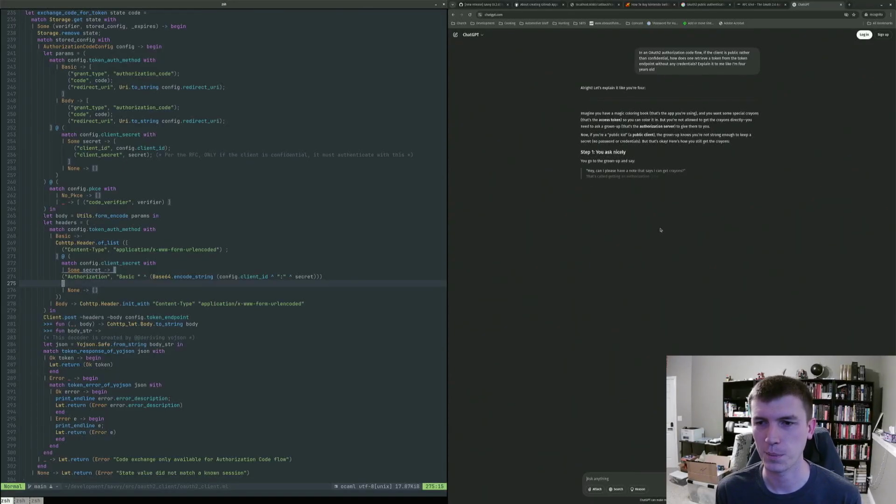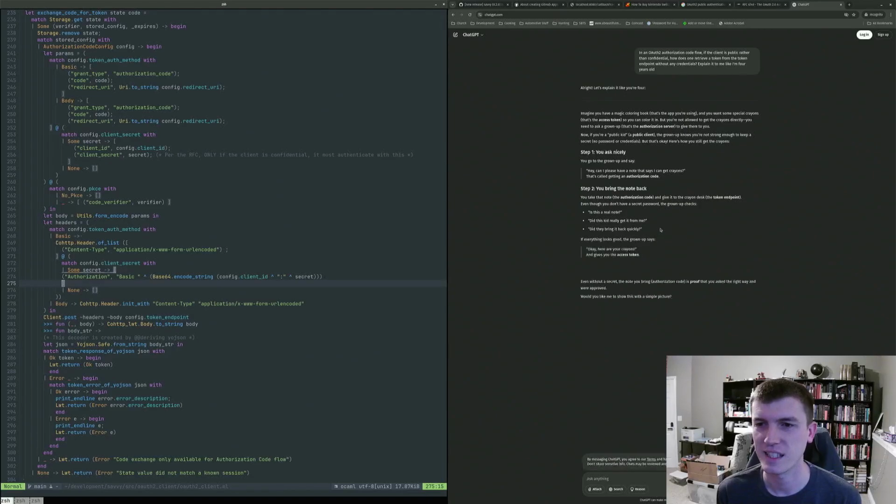Imagine you have a magic coloring page. That's the app you're using. You want some special crayons, the access token, so you can color it in. But you're not allowed to get the crayons directly. You need to ask a grown-up. That's the authorization server. Now, if you're a public kid, public client, the grown-up knows you're not strong enough to keep a secret. No password or credentials. That's okay. You still get the crayons.